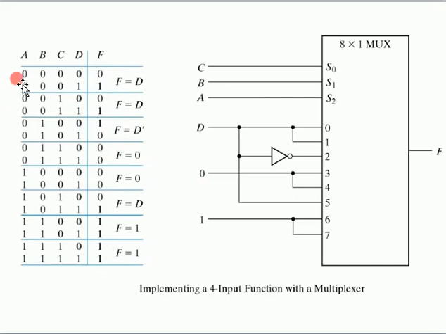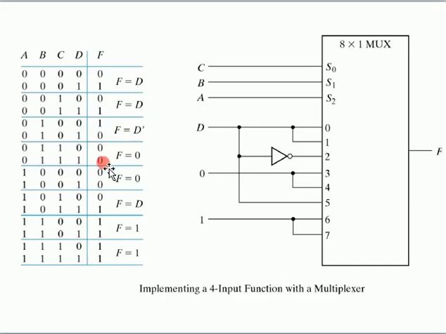Now again divide it into combinations of 2. When we divide the whole truth table, we get the total number of sections as 8. That's why this is an 8 cross 1 mux. So in the first section you see f is equal to 0 1 and d is also equal to 0 1, that's why f is equal to d. In the next, 0 1, here again 0 1, f is equal to d. In the next, 1 0, that is the complement of 0 1, that's why f is equal to d complement.